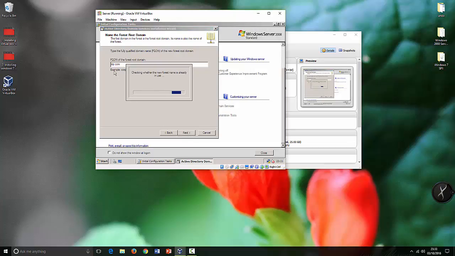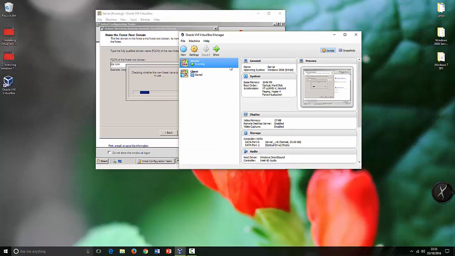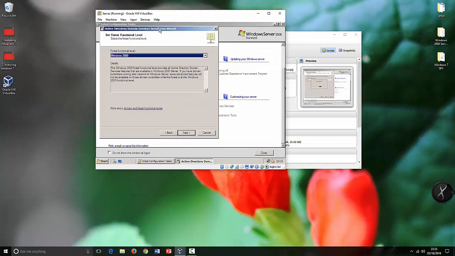Okay, so since this is the first time, you need to create a domain name, because if you don't create a domain, you can't join the client to the server. So you need a domain name. That's the reason we are installing DNS. And once you install the DNS process, they will ask you this. So now they're asking you the functional level. Since you're installing, they're asking you what kind of functional level you want to have